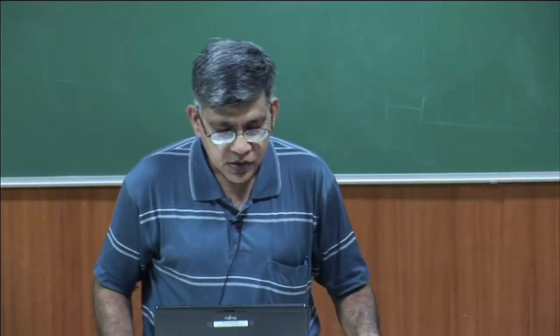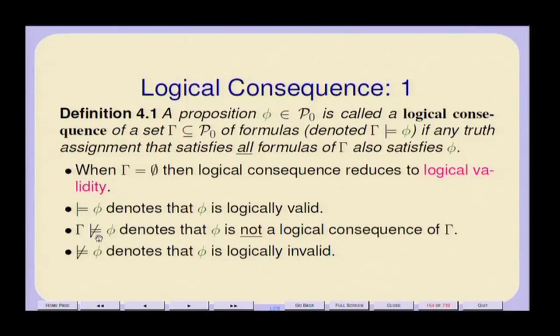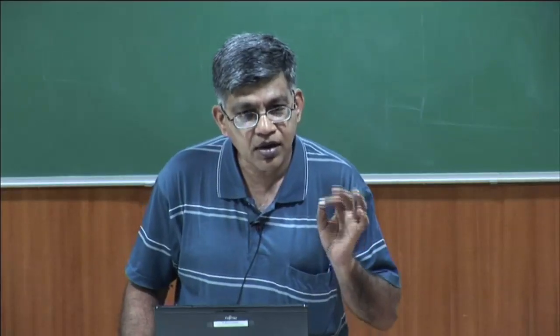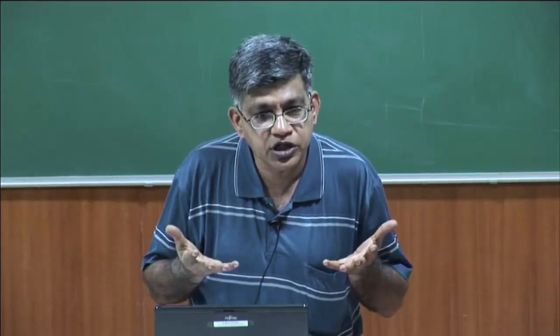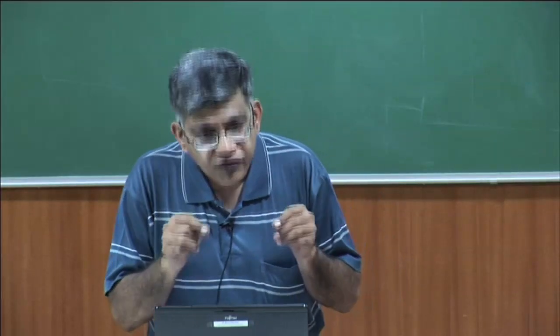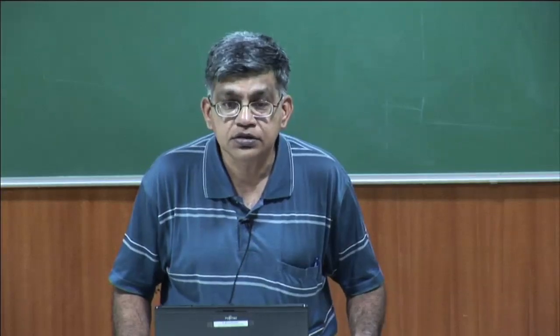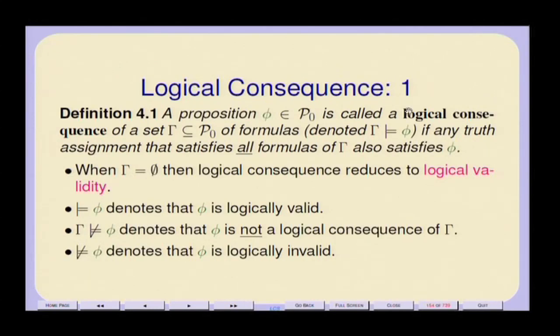If you look at this validity symbol, for example, it is black in color. So, it is a metalogical symbol. It is a symbol of the mathematics of mathematical logic and is not a symbol of the language of propositional logic. Whatever is a symbol of the language of propositional logic would be green in color. Like this phi is green in color, though I am not sure whether you can actually see the color differences clearly here.